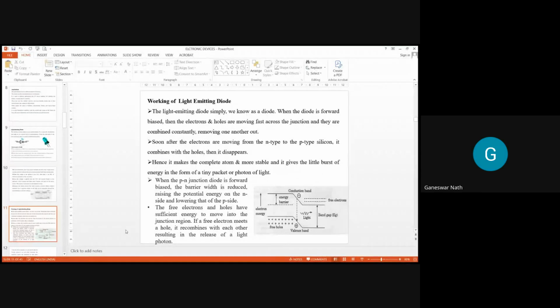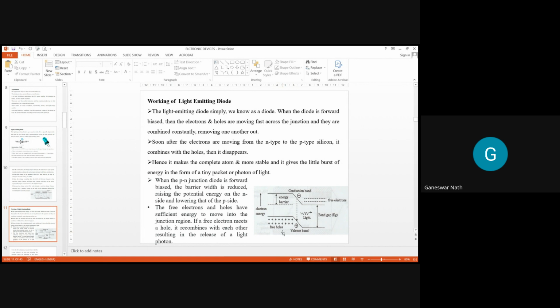Similarly, let me come to the working of the LED here. I told you the construction, and also see. If you look at the diagram, you can see this is a P type layer, and also an N type layer. You know this is the holes, that is the P type layer, and this is the electron layer. Okay, so when we apply the voltage, there is movement of the